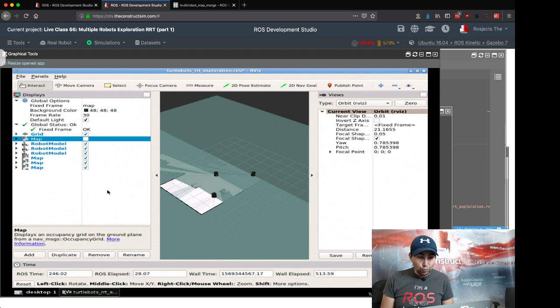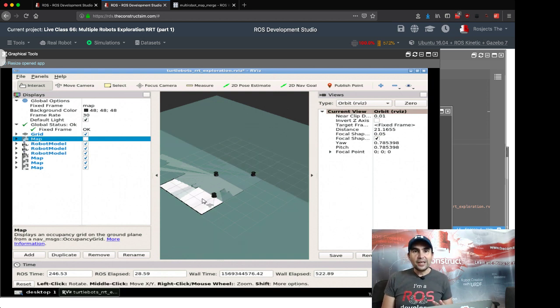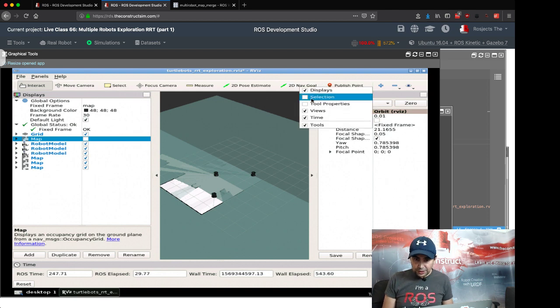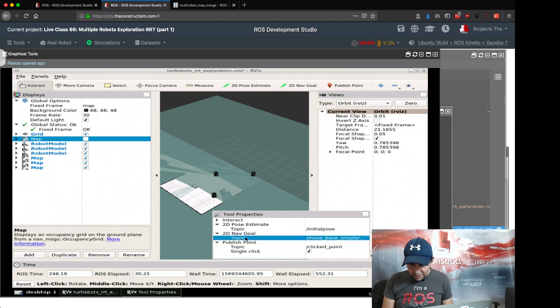So that's the situation. One interesting thing that you can do here, in the merger part, is to move the robots, if you want to move the robots in order to make them build their own maps better. So how you can do that, that's the final thing I'm going to teach you, is by sending a navigation goal. But you have to configure this for each specific robot. How you do that? By doing a right click here and then selecting tool properties. Then let's assume that we want to move robot number 1. Then you have to go here to topic and select the topic, go to the beginning of the topic, and you have to add